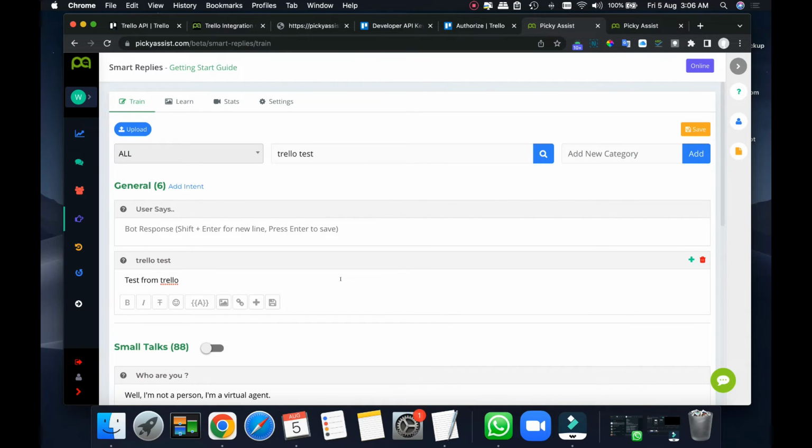One of the disadvantages of this setup is that if a specific user enters a smart reply and later is handed over to a human in the Picky Assist Teambox platform, so if a specific contact is in the Teambox platform under the open chats, then the smart reply doesn't get triggered, to avoid multiple messages from the smart replies and the human.